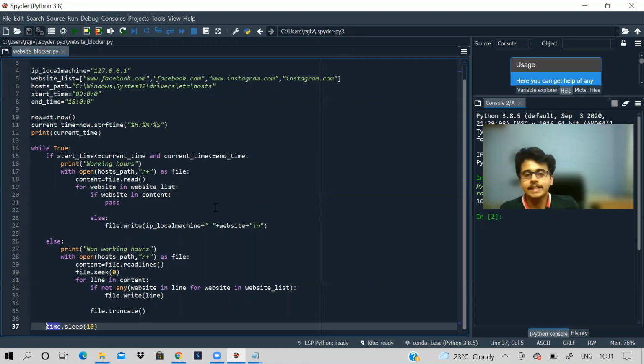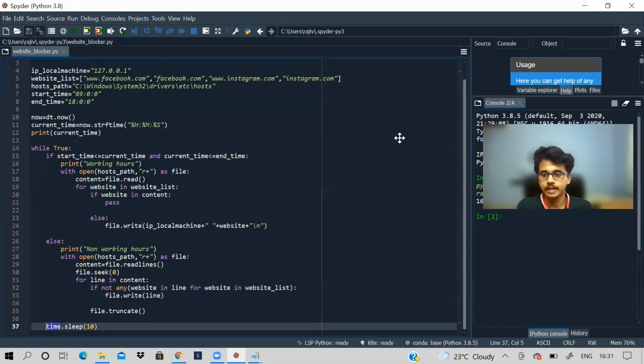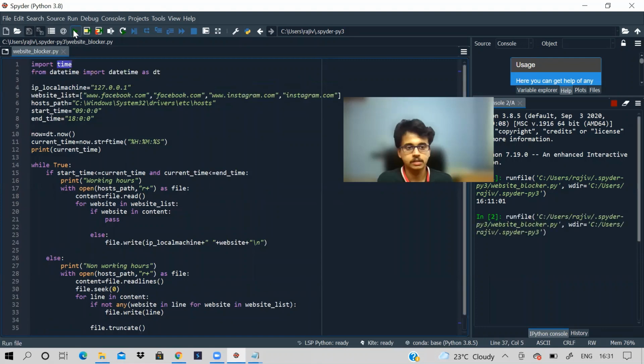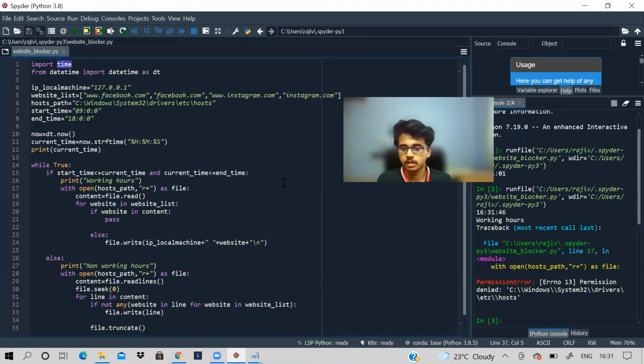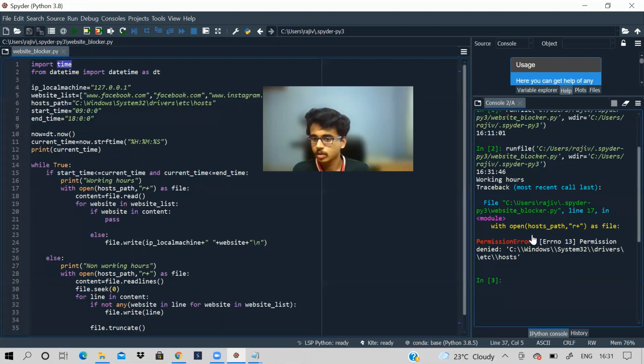So if I save this now and try to run it, let us see if I get some error. So it is saying permission denied. The reason is that this file in Windows is a protected file.